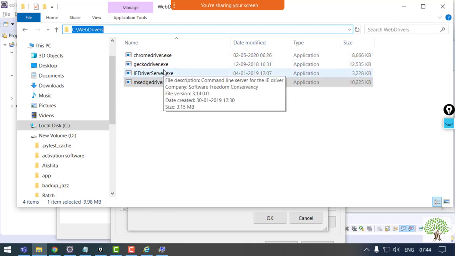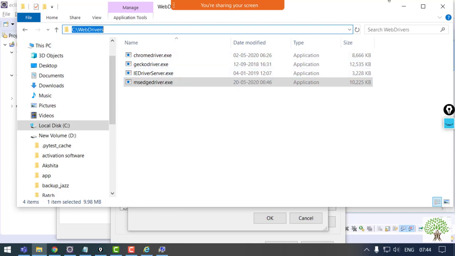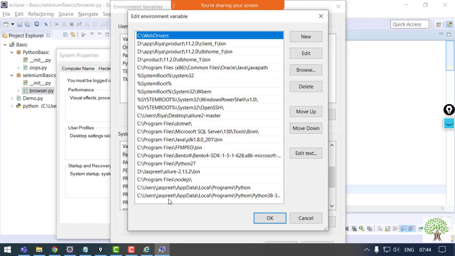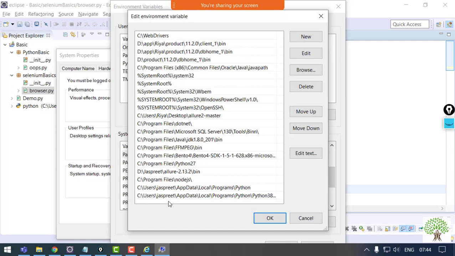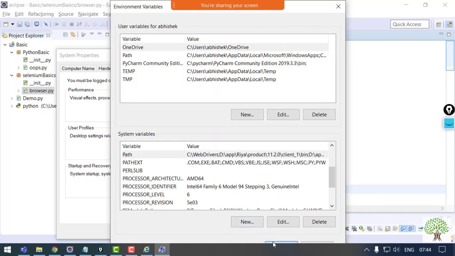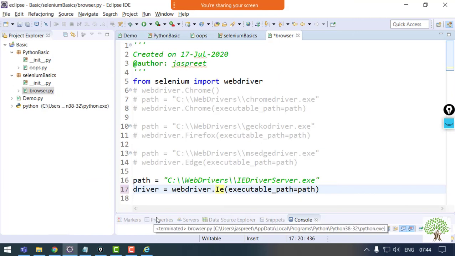If you have it on different locations, just pick the path and add it over here. That's what you need to do. I already have it over here. That's why my Chrome was running without giving the path, the executable path equals to path thing. Fine. After you have added the exes, click on OK, OK and OK.